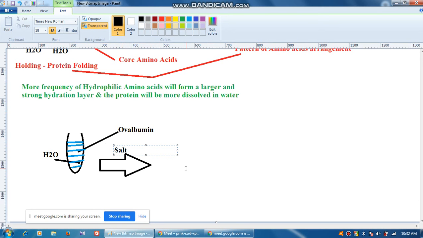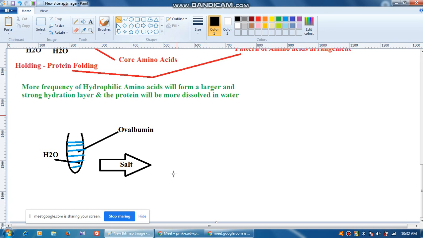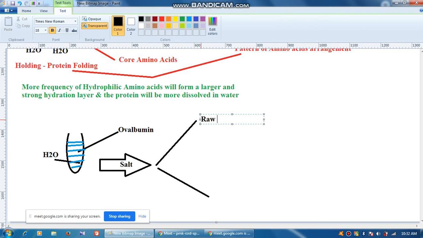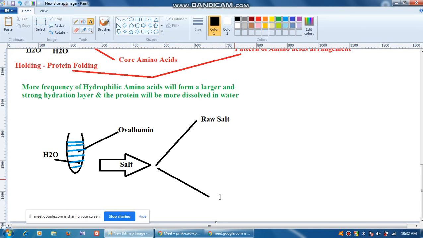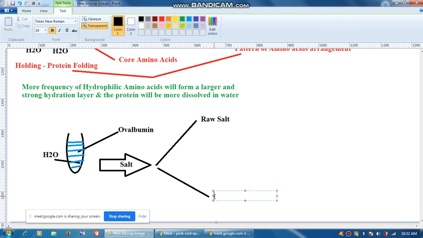I'll try to put salt in it. Now this salt addition will be done in 2 ways. I think you can remember this experiment we have spoken about previously. Anyway, this is important to understand. So we are adding salt in this albumin solution in 2 ways. We are adding raw salt, which means whatever salt is there, we are adding directly, and here we are adding a saturated solution. Very important from the exam point of view.